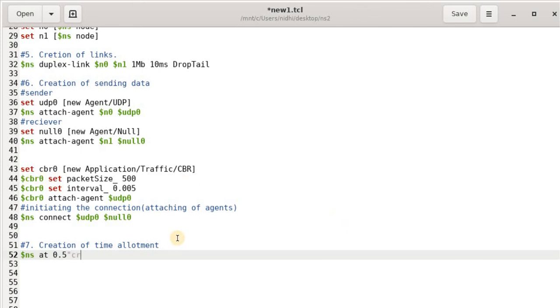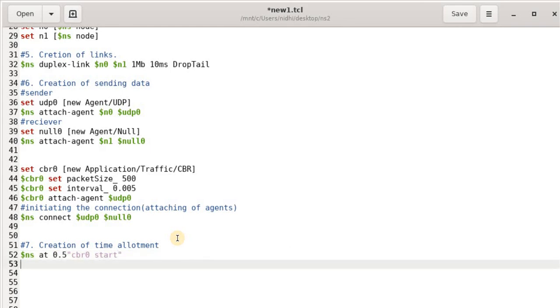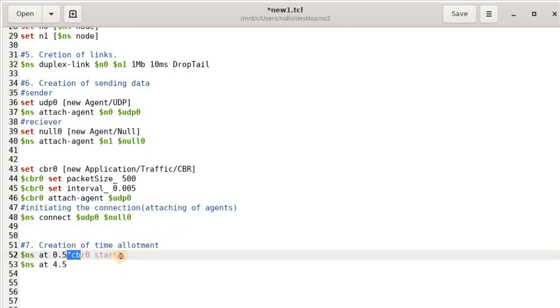So CBR 0 will start. Then $ns at 4.5 seconds my CBR 0 should stop.